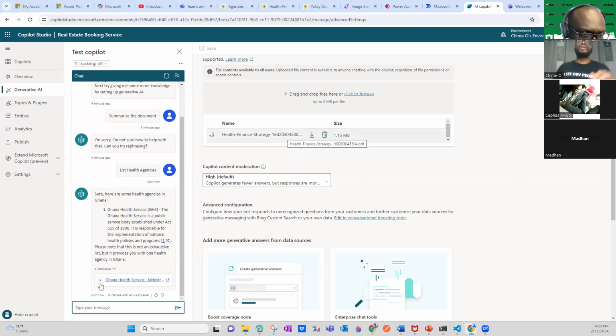For example, I just want to show you, summarize the health finance strategy document. So a whole PDF document, you can say, summarize it, right? In just a few words.